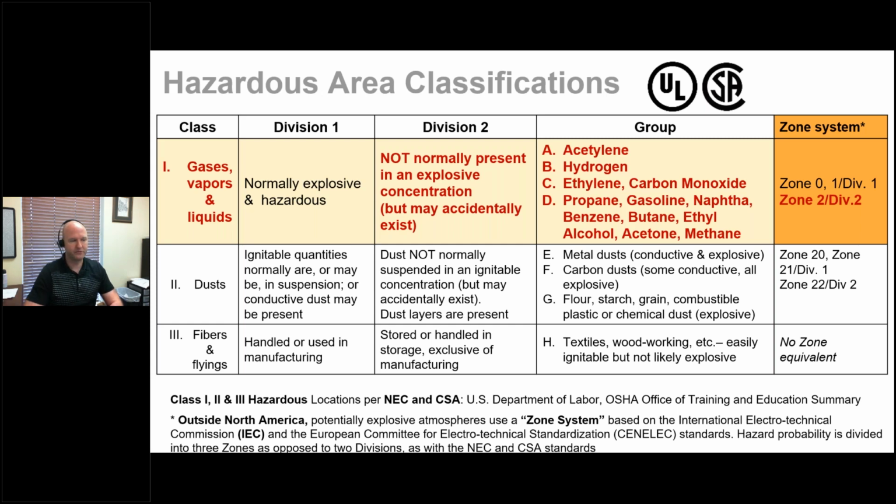And the groups, if you want to get into the specific chemistry of the gases provided, that information is also available. But yeah, that is the key with all these products, whether it's a zone or division classification. When everything is operating normally, they will not cause an explosion through the reduction of energy in the product in terms of how it's sealed. The energy levels used are below a certain threshold. There's not going to be any kind of sparking,